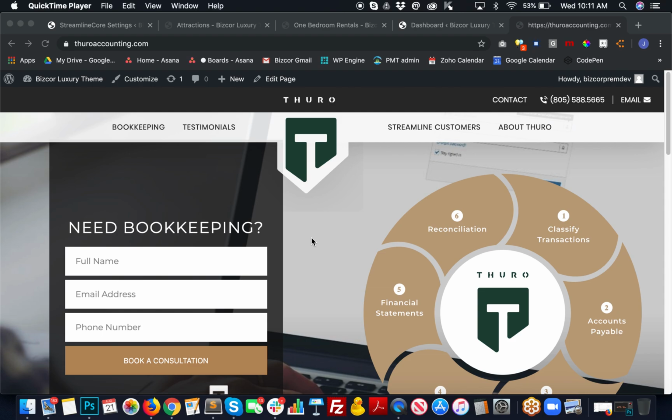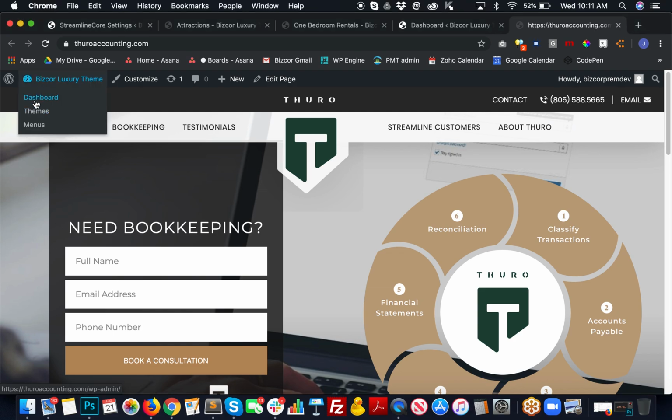So you take your login and you go to thoroughaccounting.com/WP admin and sign in. And then I basically just hover up over here when I'm on the dashboard, and it'll have a view site option, and it'll take you to your home page. That's just the easiest way for me to get there. Then you hit edit page,